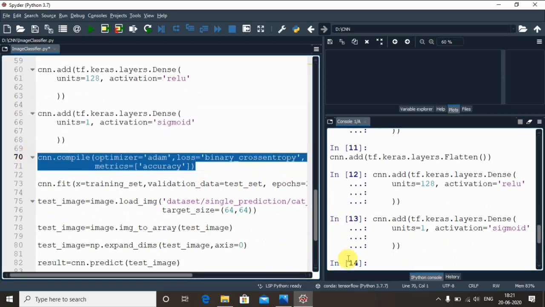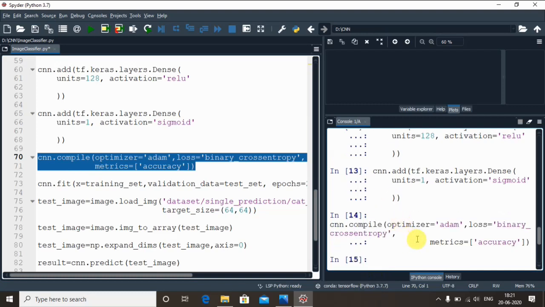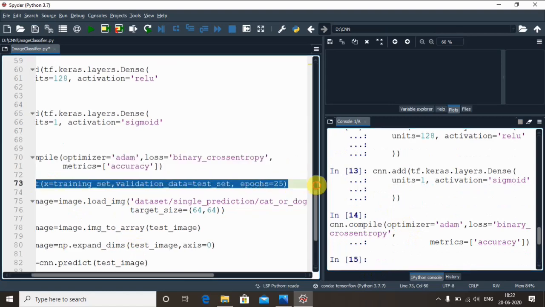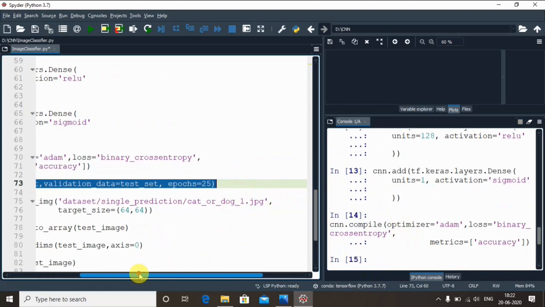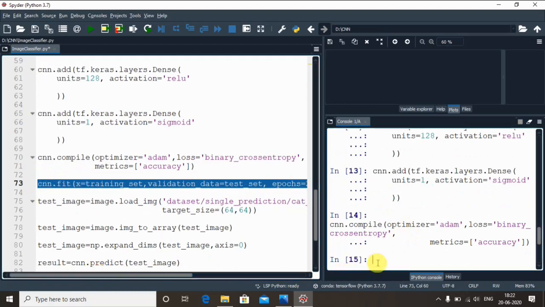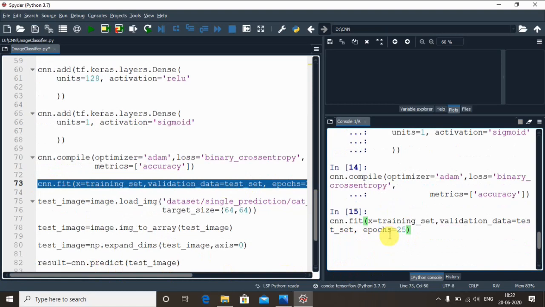Now it's time to compile our CNN. Hoping for the best, it will compile properly. Yes, it's done. Now it's time for the great job that we are going to do: epochs. The number of epochs given to train our CNN model was 25. I think it will take around half an hour to do this entire process. So I will pause the video for a few minutes, and after that I will resume once we are done with the epochs. Before I pause my video, I would like to show you how it works at the very primary stage.